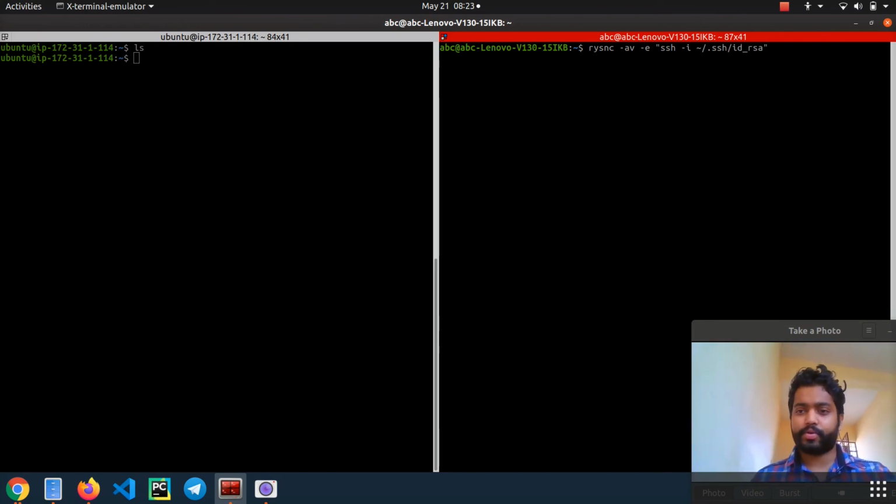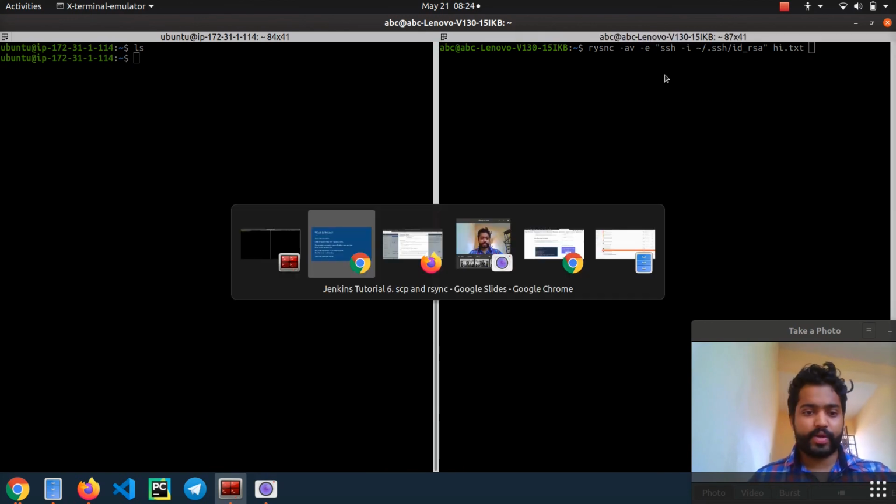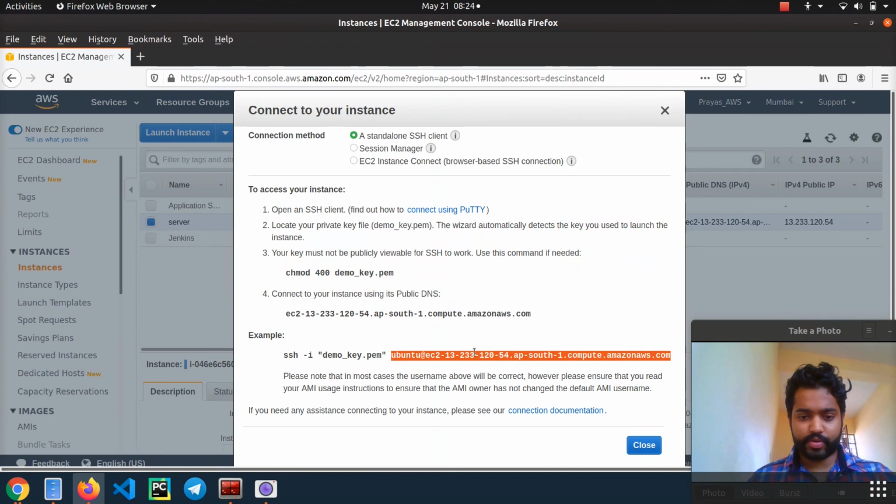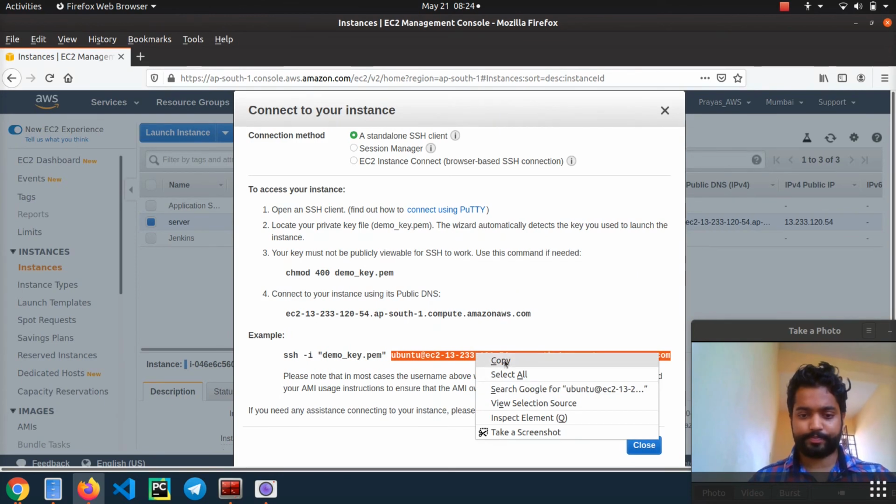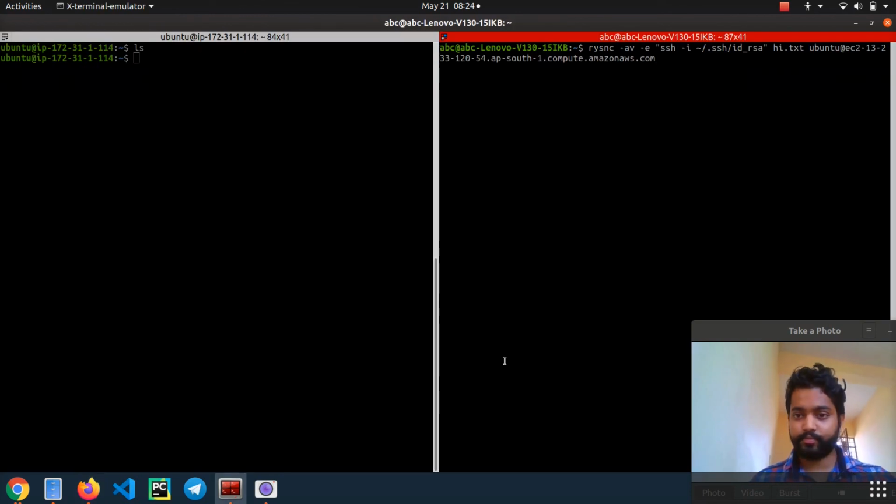You can mention your downloaded key as well, like the key that was given by AWS, the .pem file, but I'm using my own generated one that we generated in the previous tutorial. And now I'll just mention this file which we want to transfer and where we need to transfer it. So we need to transfer it over here, and the address again the same, /home/ubuntu.